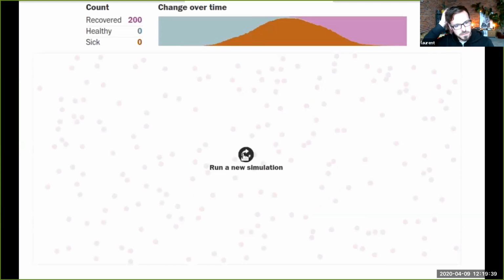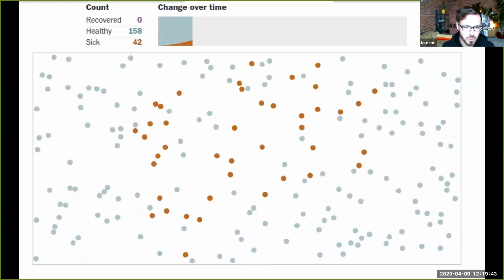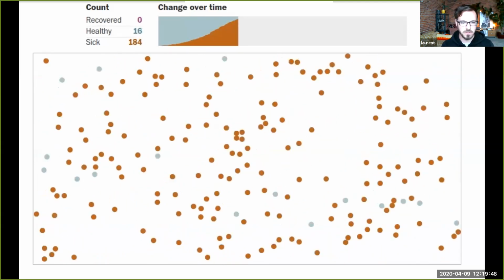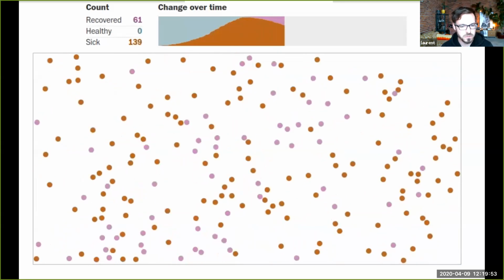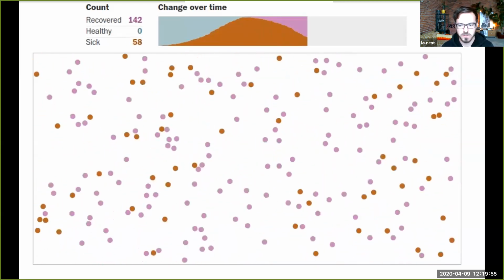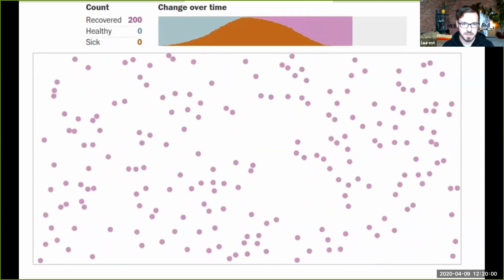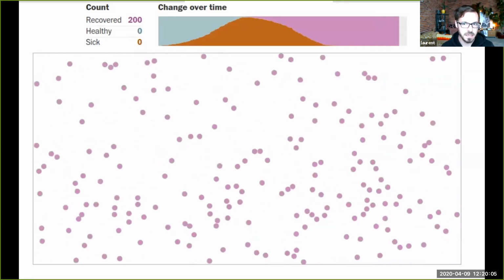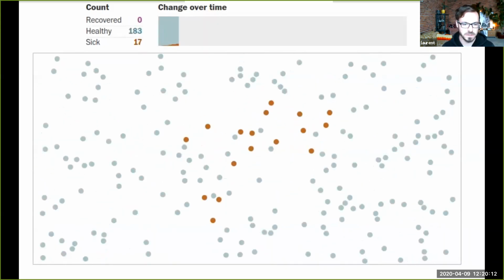So you've probably seen some animations of these classic models. This is an SIR model that was simulated by the Washington Post. You'll have the reference on the next slide, but you have little individuals that are little balls bumping around, bumping into each other. When an infectious individual, which is orange here, bumps into a susceptible individual, which were the originally blue or greenish individuals, they just transmit the disease. And eventually, at a given rate, people recover and become pink. Once the entire population is pink, nothing can happen anymore, and you just run new simulations to try and track the spread of the disease.